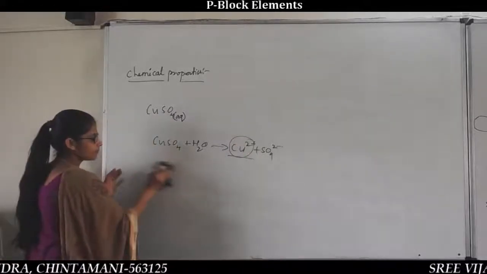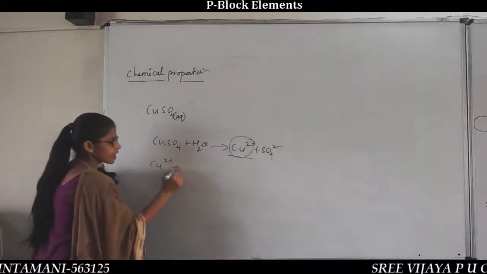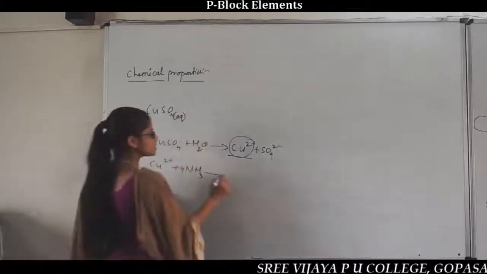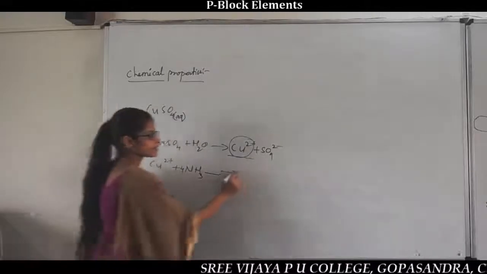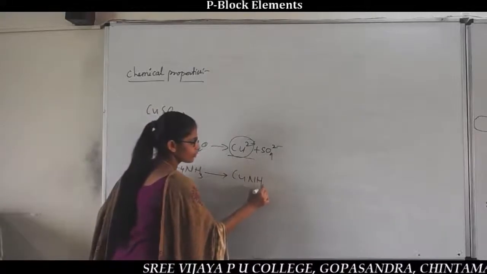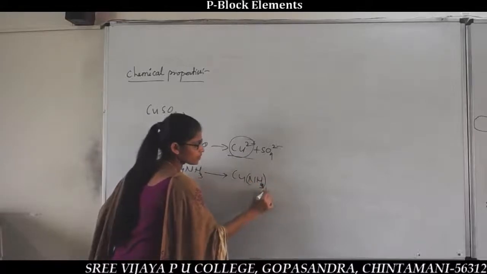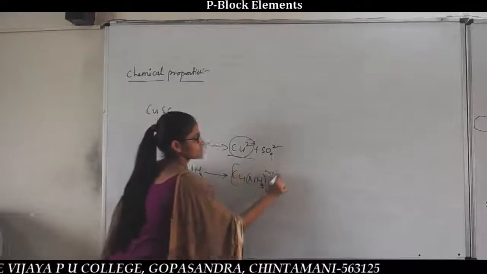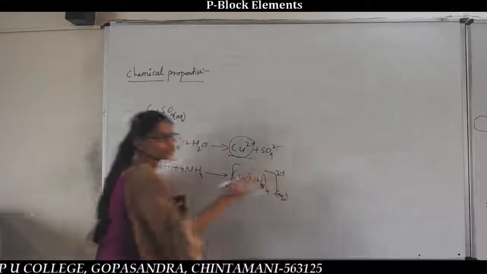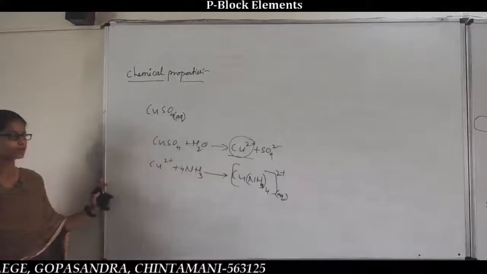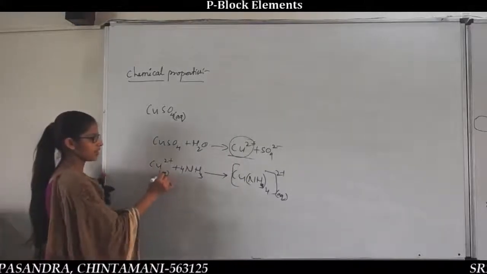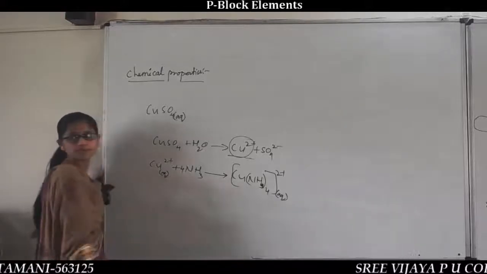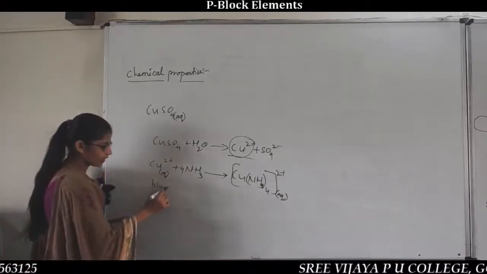See, this Cu2+ ion reacts with ammonia, taken as 4 molecules of ammonia. It gives rise to Cu(NH3)4, with four NH3 molecules. It carries a 2+ charge. Again it is aqueous, because the reaction takes place in water. So this is the copper ion present in water, which reacts with ammonia and gives rise to a complex. Basically it is blue in color.